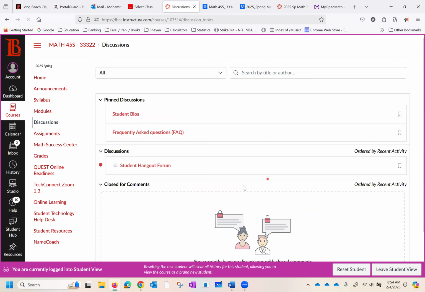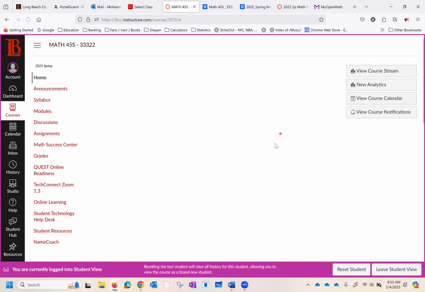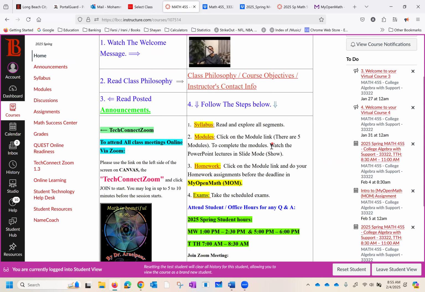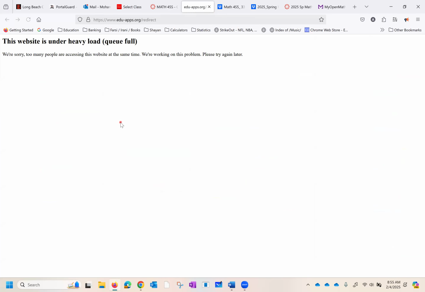And of course, this is a student hangout forum, if you want to work together and work on some practice test assignments, by all means. I want to go back to the home page. And there is basically this Math Success Center on the left navigation bar. When you click on that,